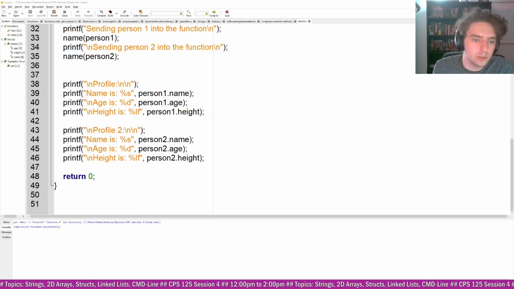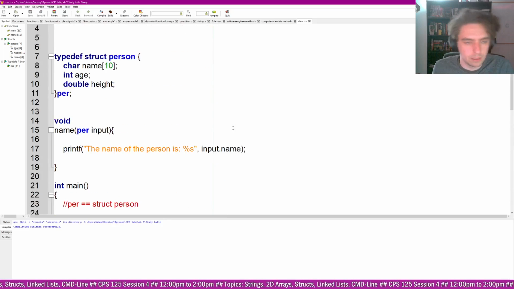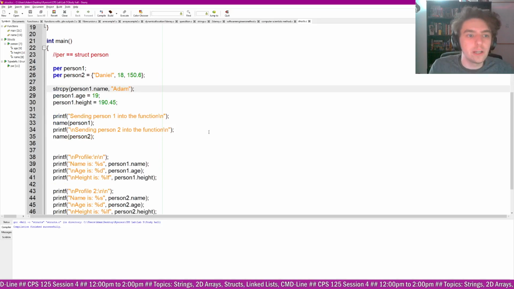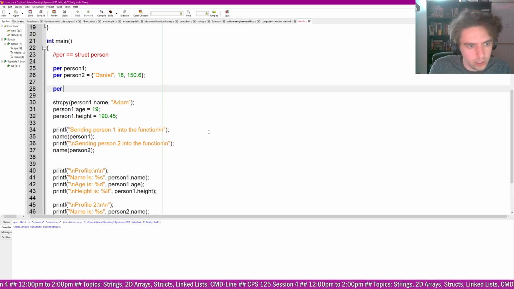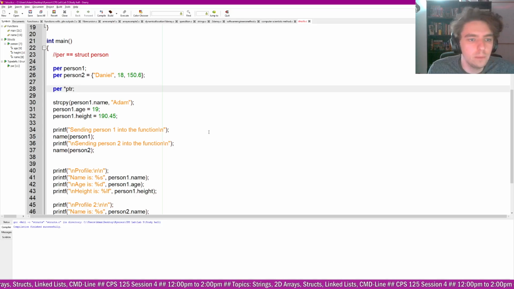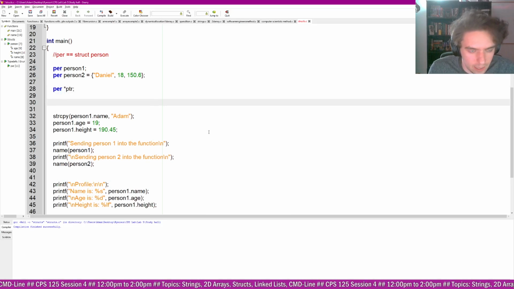Let me zoom out a little bit so you can see more of the code. So let's say I want a pointer to a struct. I want a pointer to a person struct. I'm going to call that PTR. It's going to be a pointer, and it's going to either point to person one or person two. You don't know which one. Doesn't matter. For now, I'll just say PTR equals